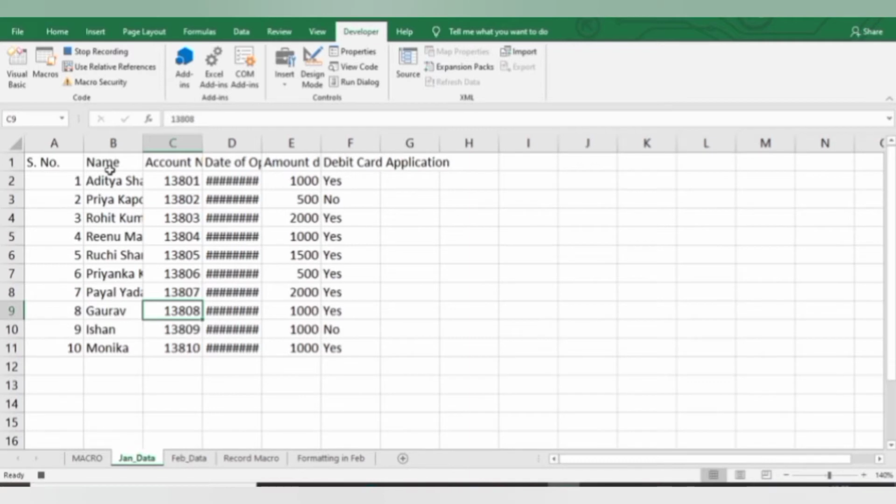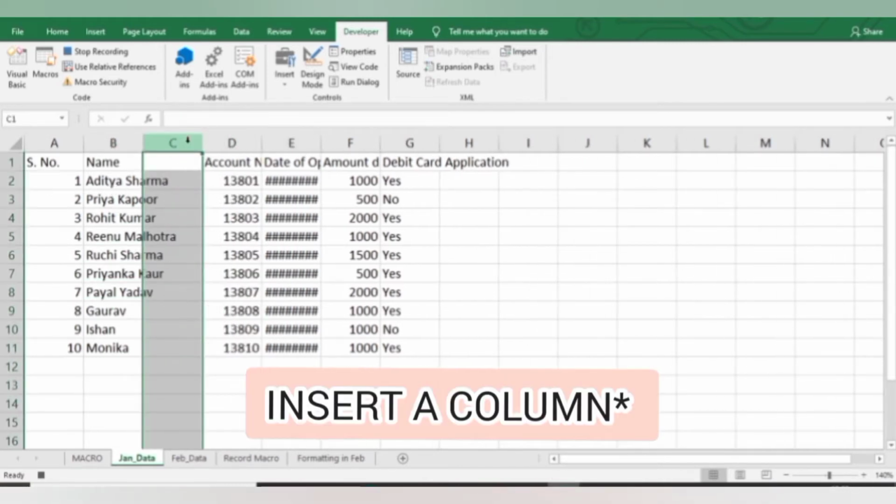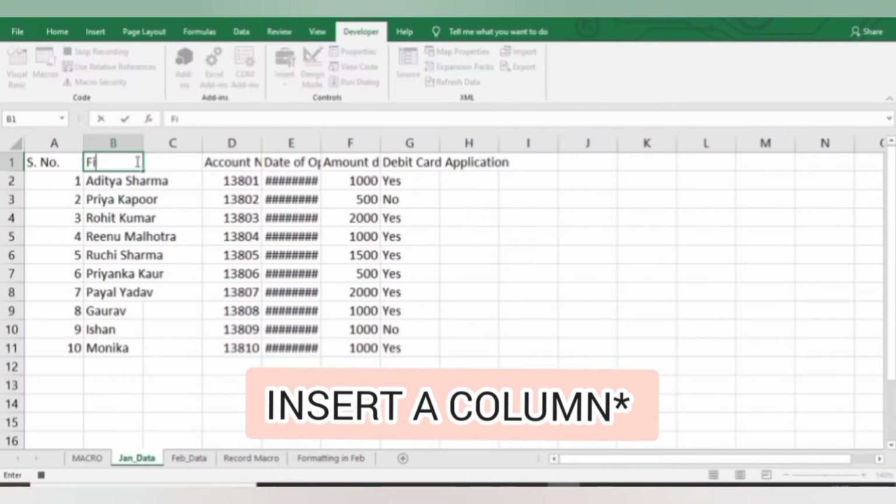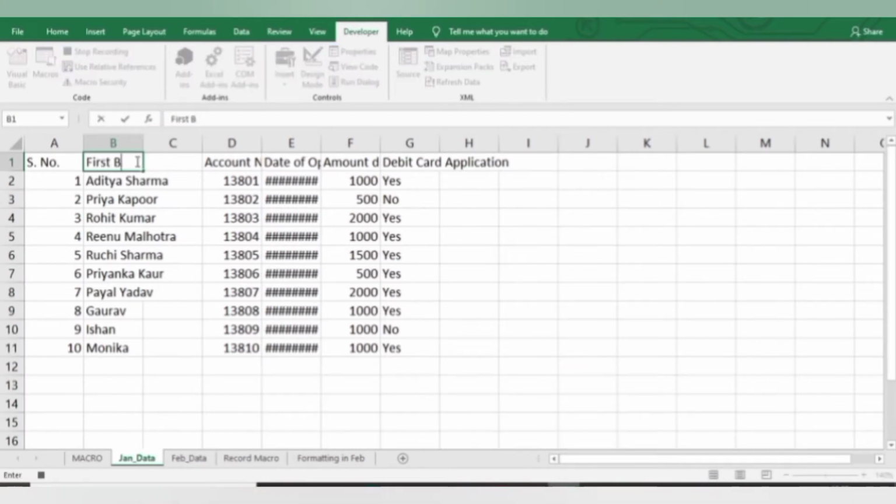Here I have the serial number, then names. I want the first name and last name in different columns. For this, first of all, I will insert a column and then change its heading to first name and last name.